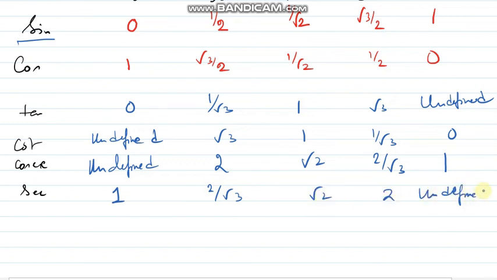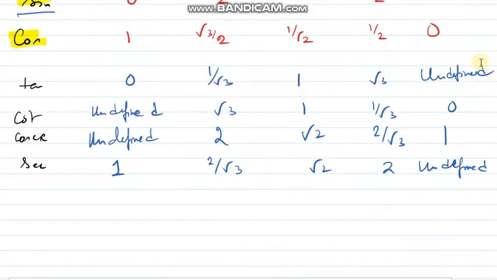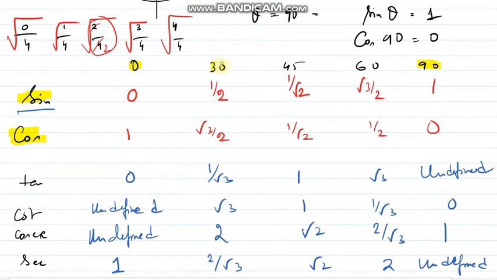So why is this opposite direction thing coming? If you remember, sine was the complementary ratio of cos. Now check, what is the complementary angle of 0? That is this 90 degree, right? What is the complementary angle of 30? That is this 60. And the complementary angle of 45 is 45 itself, right? So whenever I get the values of sine and write them in the opposite direction, sine 90 is becoming cos 0. Sine 60 is becoming cos 30.